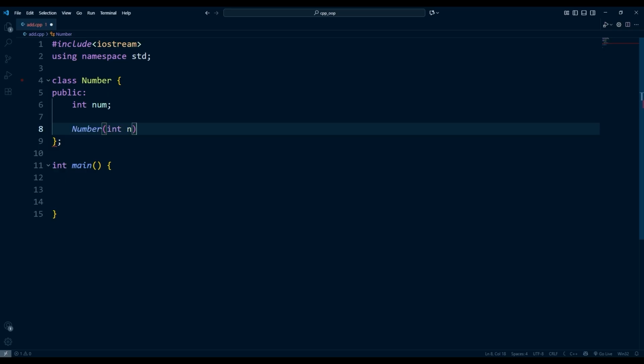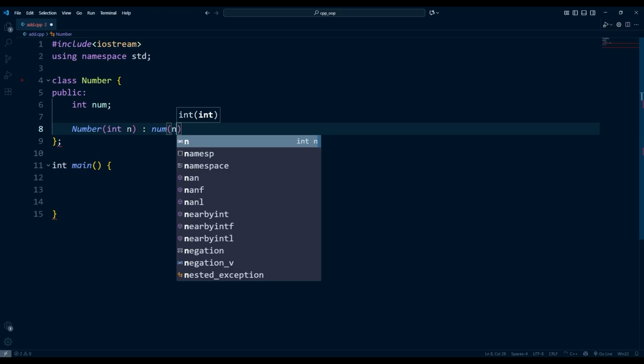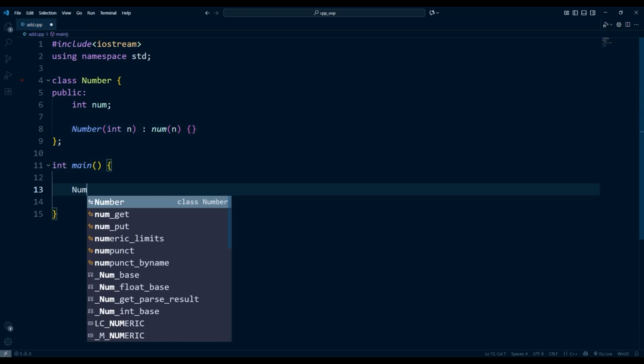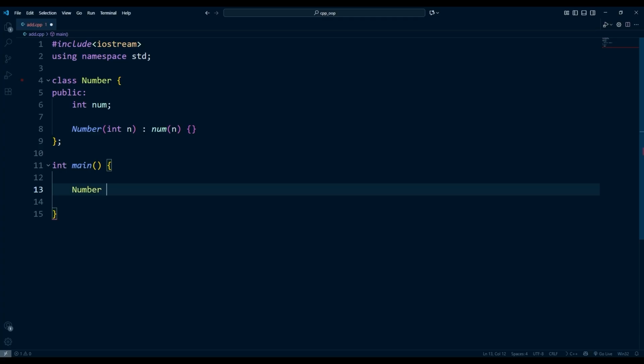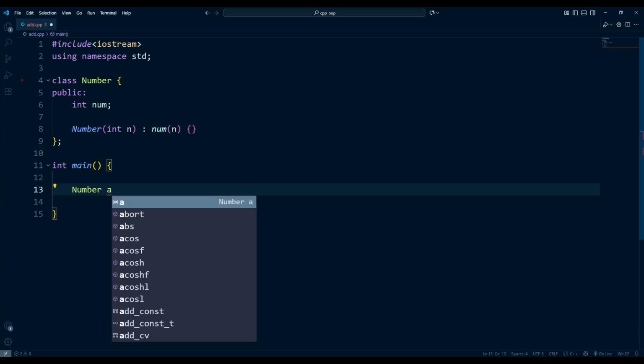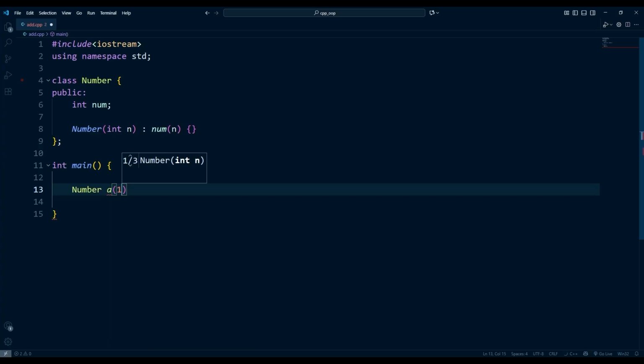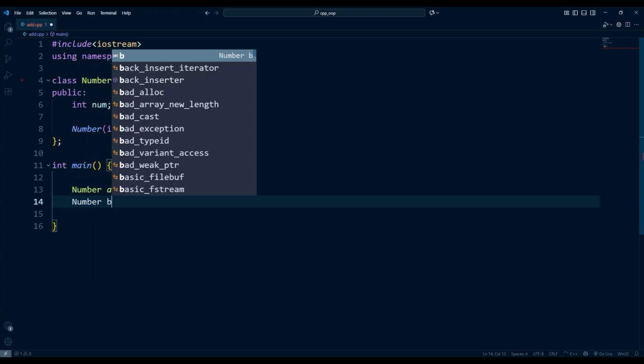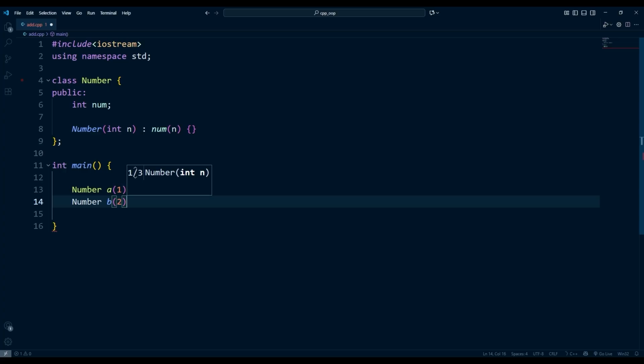So let's do this, and then we are just going to assign num to n. Okay, there we go. Nice constructor there. So now let's go down here, and let's say we want to give number a, and we will assign it to the value 1. Okay, and then we'll just do the same thing for number b, assign it to 2,